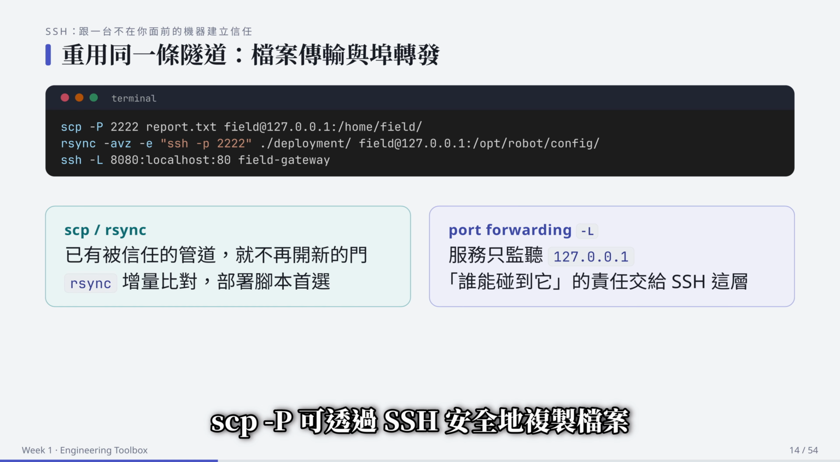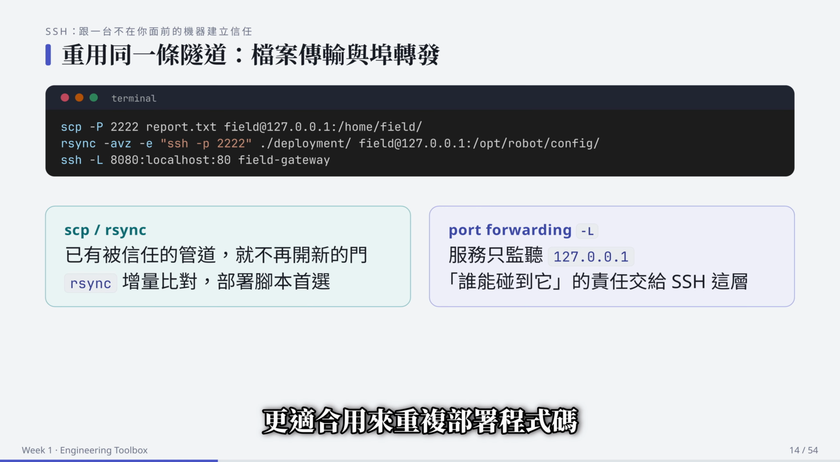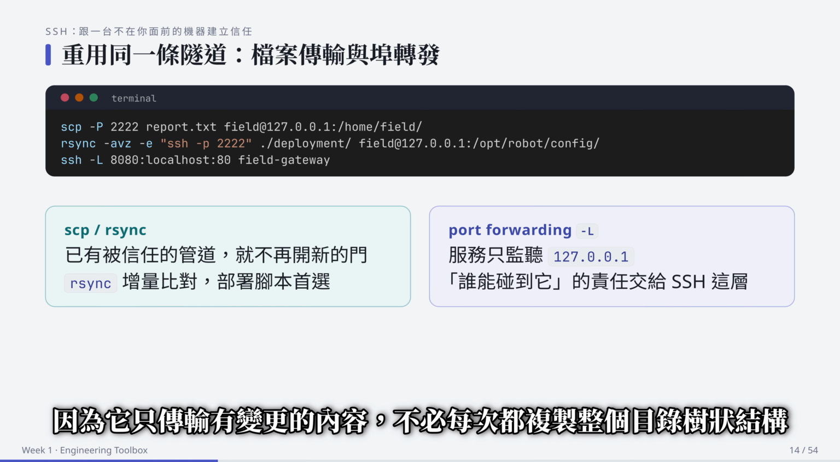scp -P securely copies a file over SSH. rsync -avz -e "ssh -p" is usually better for deploying code repeatedly because it transfers only what has changed instead of copying the entire directory tree every time. And